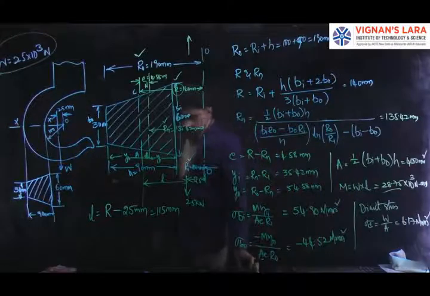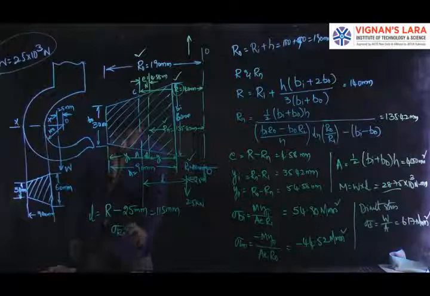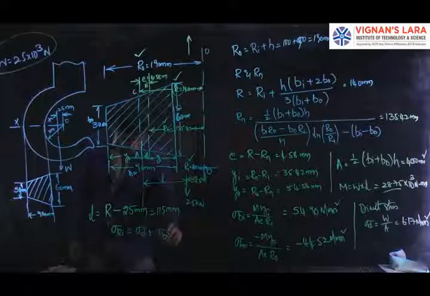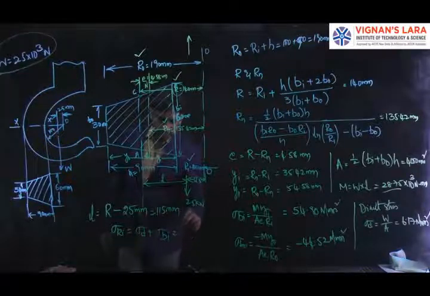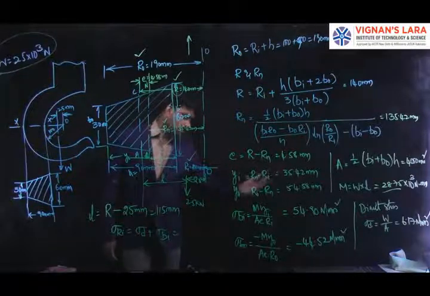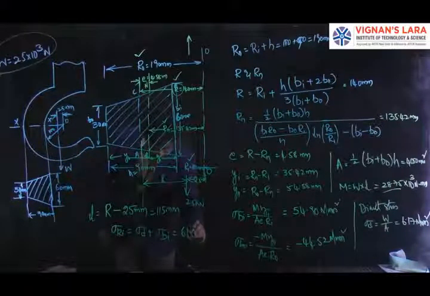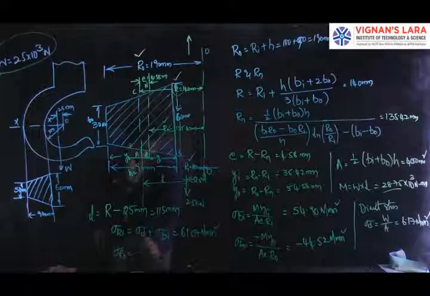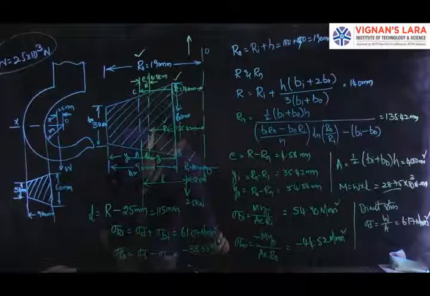So after finding out the direct stress, we need to find the resultant stresses here. So the resultant stress sigma ri is given by sigma d plus sigma bi. Why? Because at the inner fibers both are tensile. So we can add them. So 54 and 6, so it is around 60. So I may get 61.07 Newton per mm square. And the resultant stress at the outer fibers is sigma d minus sigma b naught. So this value will be 38.35 Newton per mm square.